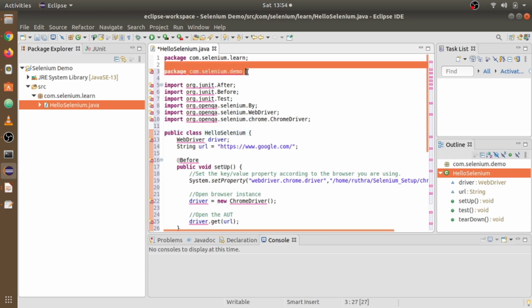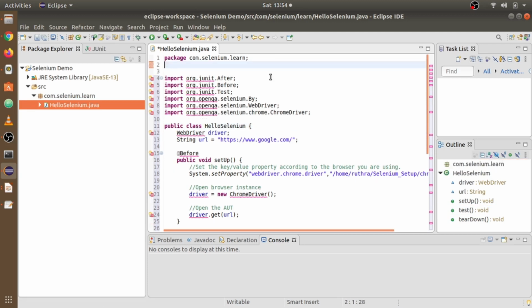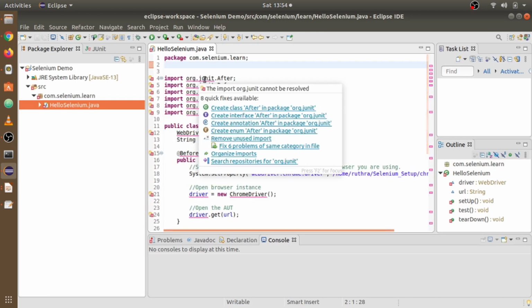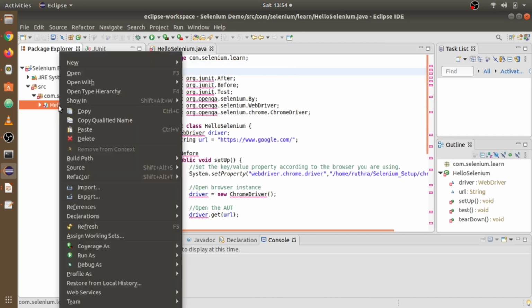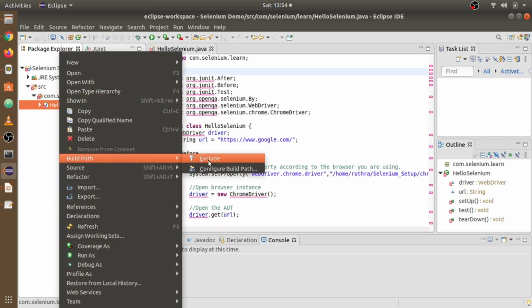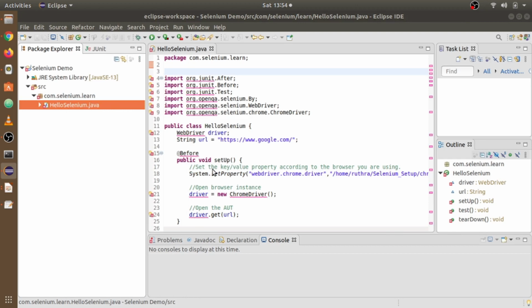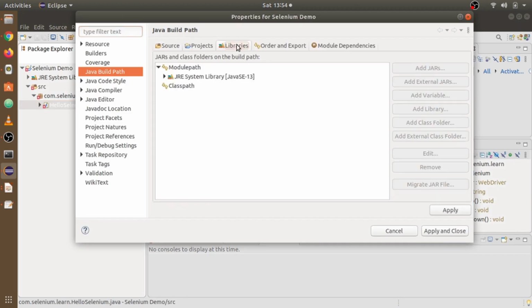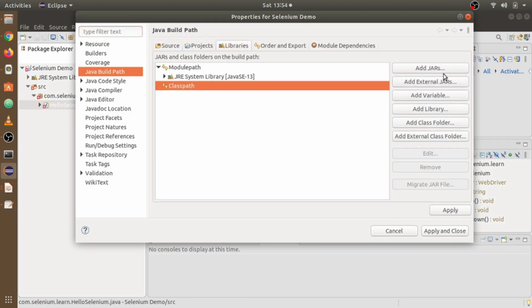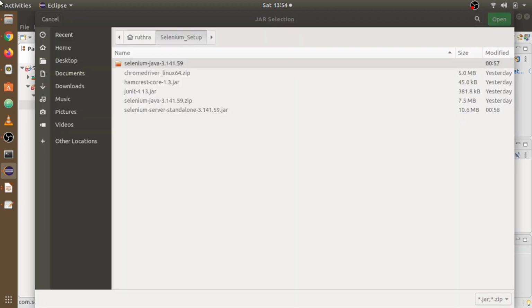There are some errors, as you can see. We will try to fix these errors, and as we fix them, these are the main steps wherein your Selenium will be installed, meaning it will be set up. So I will go for build path. Where is build path? Over here. Yes, so configure build path, and then libraries. In libraries, click on classpath and add external JARs.